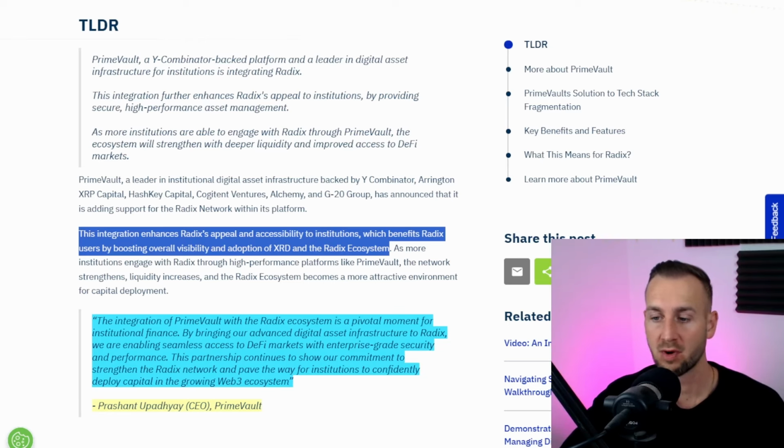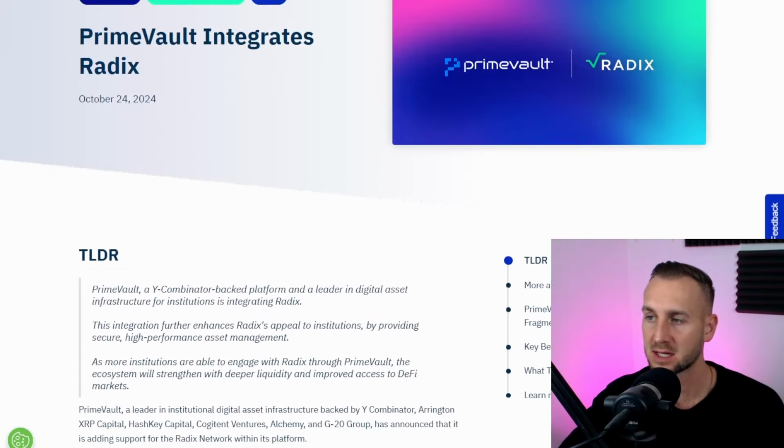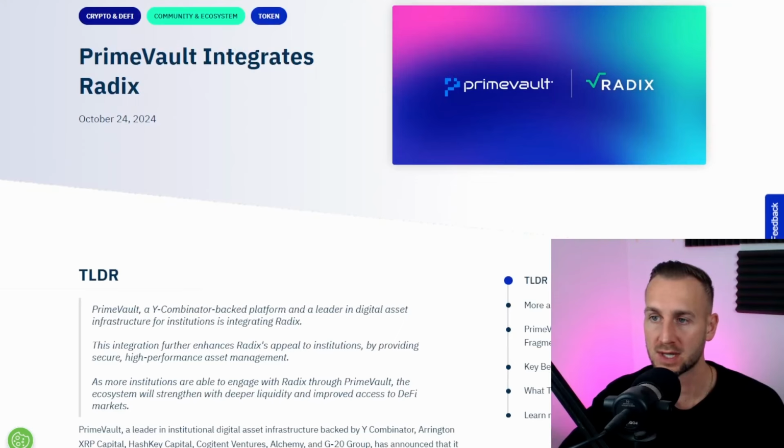And the quote from Prime Vault CEO Prashant states that the integration of Prime Vault with the Radix ecosystem is a pivotal moment for institutional finance. By bringing our advanced digital asset infrastructure to Radix, we're enabling seamless access to the DeFi markets with enterprise-grade security and performance. This will pave the way for institutions to confidently deploy capital in the growing Web3 ecosystem. So again, having this kind of big money focus as well, you can see the pieces are moving together here